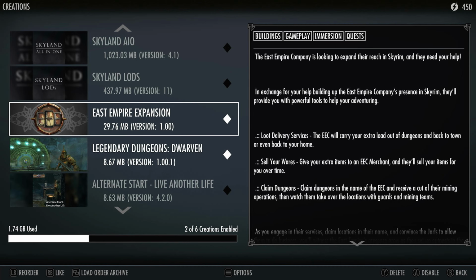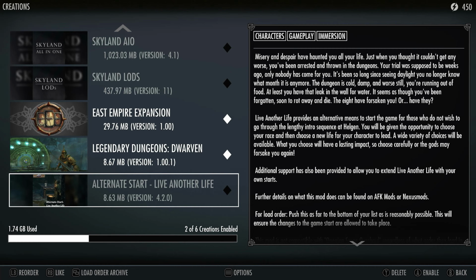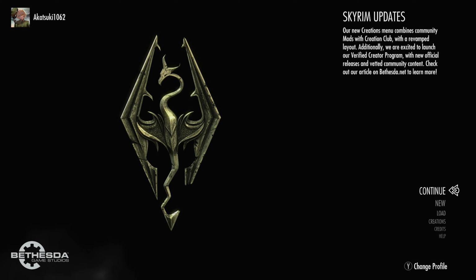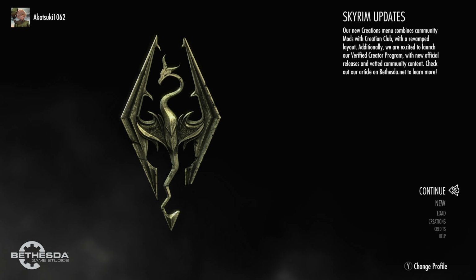But speaking of which, right now, I've got all of my other mods disabled. I want to know, will these disable achievements? So I'm going to back out to the main menu, let it load its stuff. I'm not obviously going to load the game because I'm pretty sure we still need a hard reset for the mods to load correctly, even for Creation Club content, unless they've changed how mods are loaded,